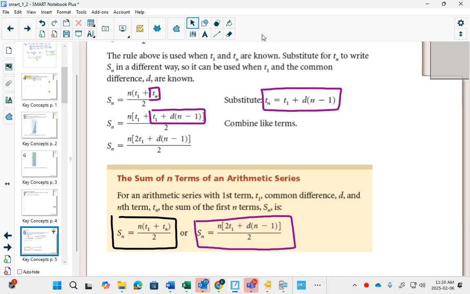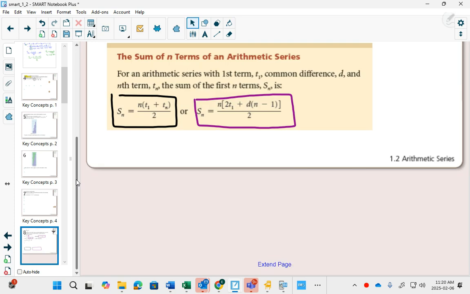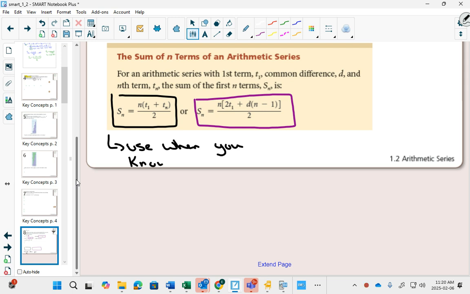Why do we have 2 formulas? Well, we're going to make a little note here. We're going to use that formula with a black box around it when you know the first and last terms. And the purple one